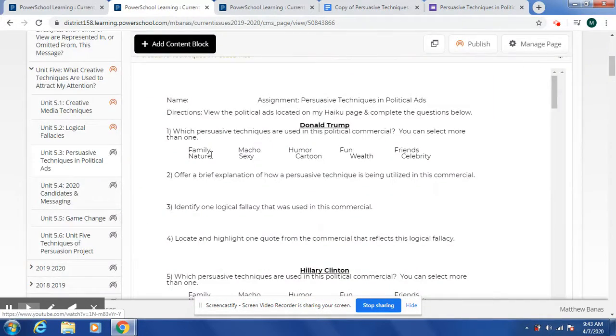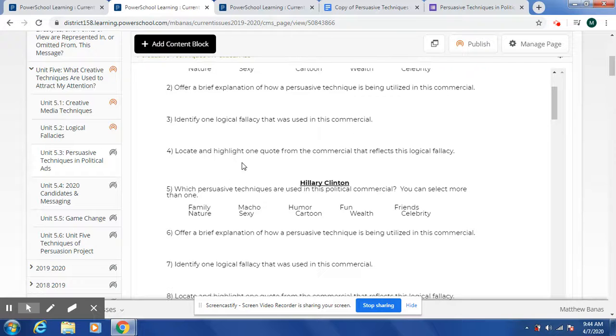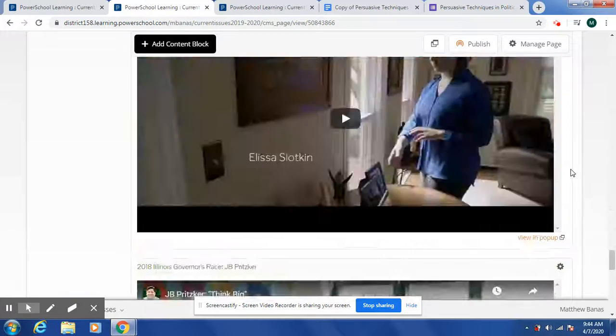So what you're going to do is look at these ads. The first one I want to do together with you so you kind of get it. The first one we're going to look at is Donald Trump's political ad. It asks which persuasive technique was used in his political commercial. You can select more than one, so if you want to do a couple, you can. Number 2 says offer a brief explanation of how a persuasive technique is being utilized in this commercial. Then identify one logical fallacy that was used in this commercial, and locate and highlight one quote from the commercial that reflects this logical fallacy. Logical fallacies were the assignment we did last time,